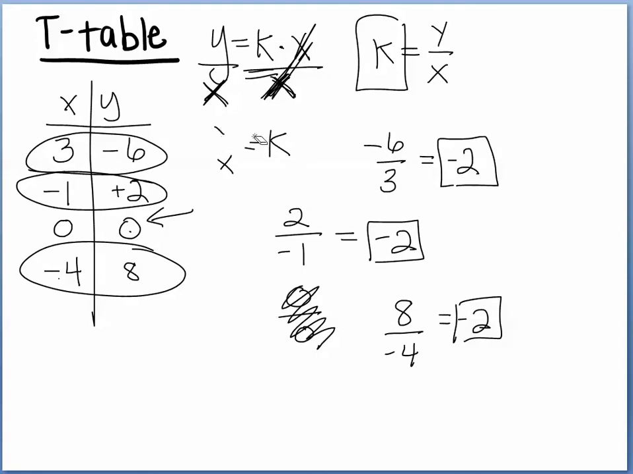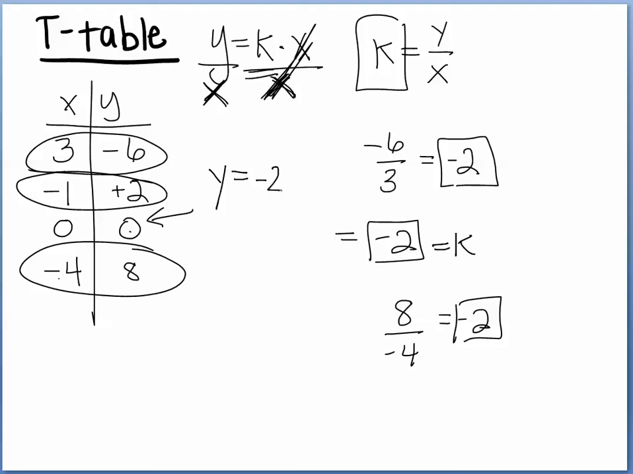So let's check to see if k really works for the 0, 0. I'm thinking this is my k, -2. So that would mean that y equals -2 times x. So let's check 0, 0 now. Let's see if this works. Is this true? Yeah, because 0 would be equal to 0. So it does work. I just couldn't really divide by 0 there. So that's pretty much it for direct variation. The big idea here